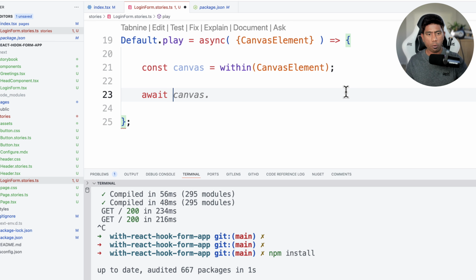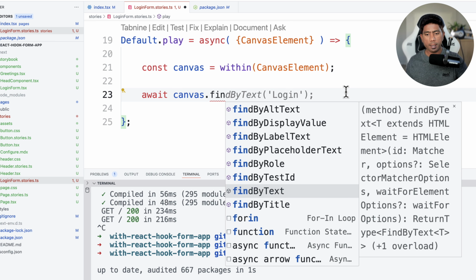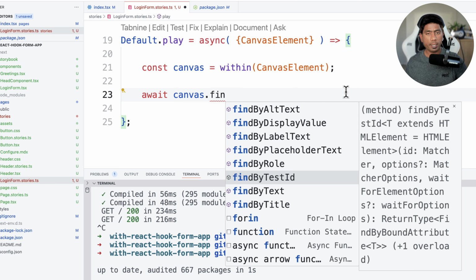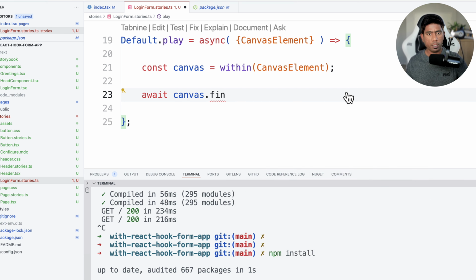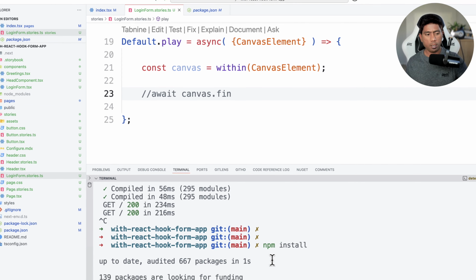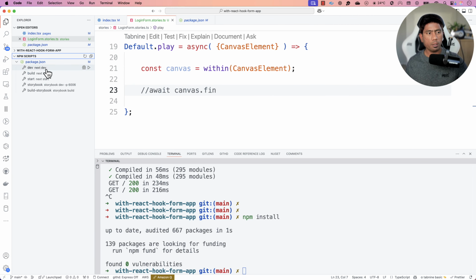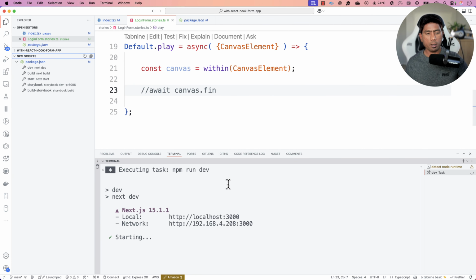So I'm going to say await canvas.findByTestId. If you know the test ID of your user interface which you are working with, you can pass that as well. Let me comment this code, and I'm going to run the npm script, which is going to be this one. So if I just run this application over here, which is on localhost:3000, let me